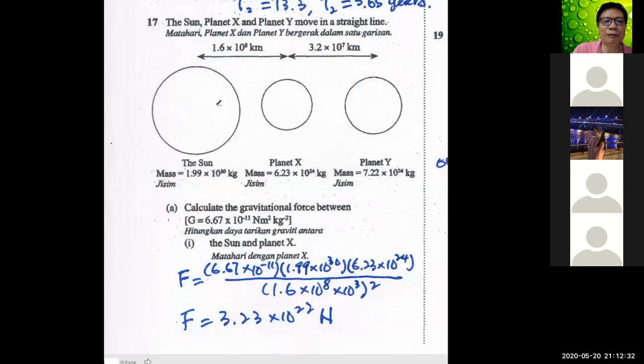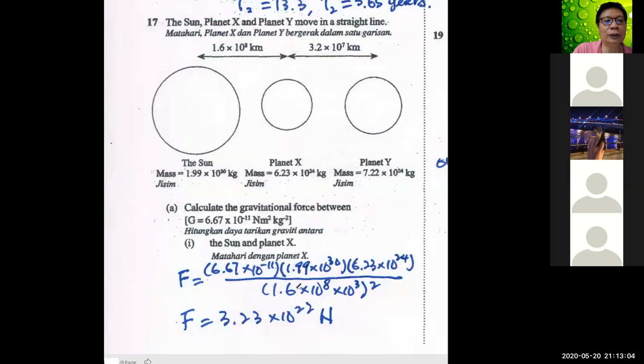So the formula to find the gravitational force between two objects is F equals G m1 m2 over r squared. Do you remember the formula? Big G is the constant G, this value. Mass 1 is the mass of the Sun, and mass 2, m2, is the mass of planet X. Put them all down, very simple: big G, m1, m2, and this is r,